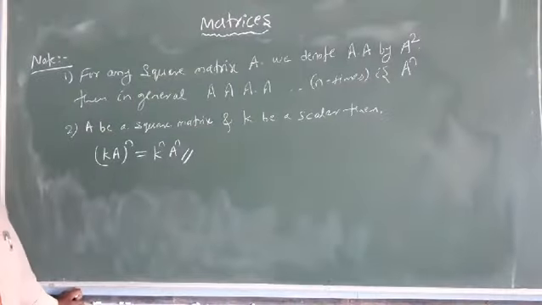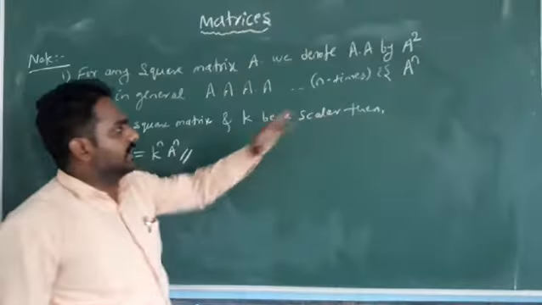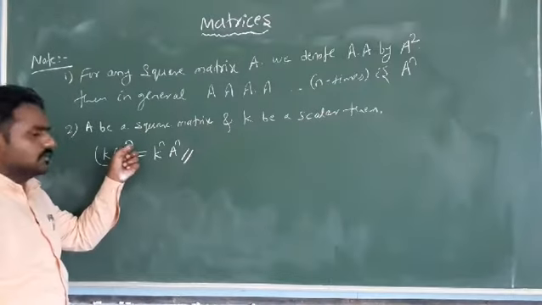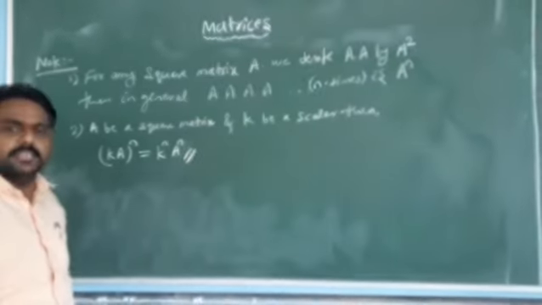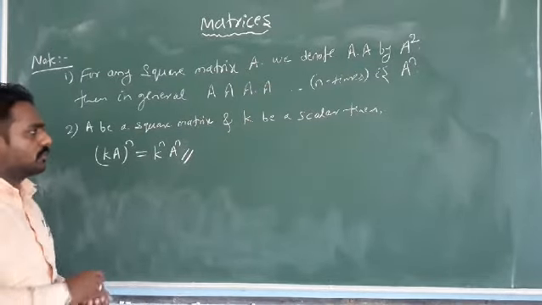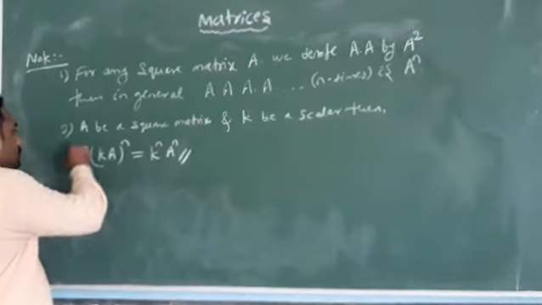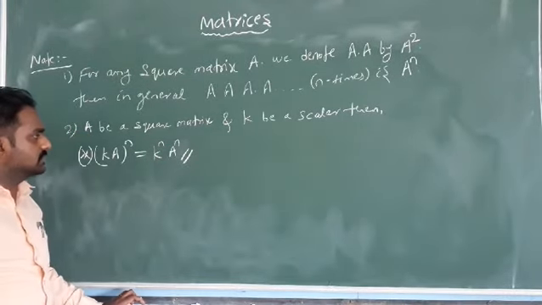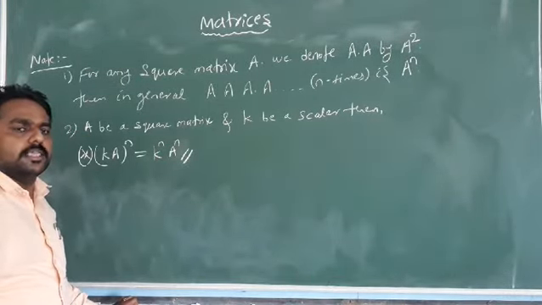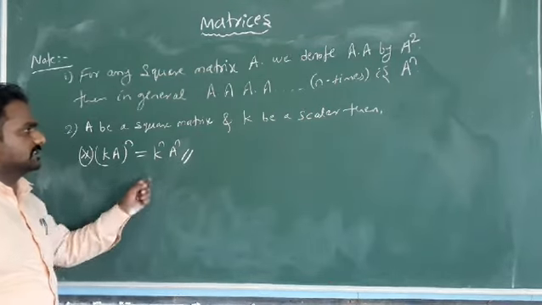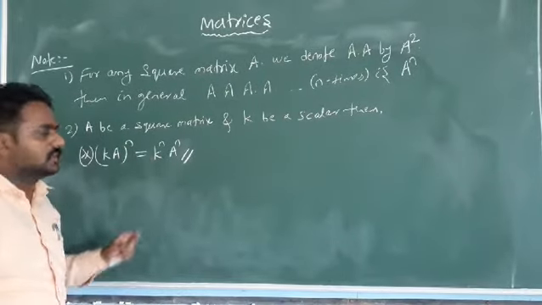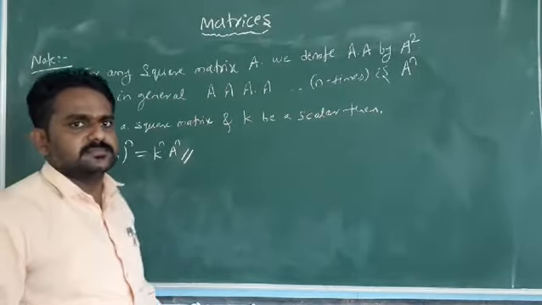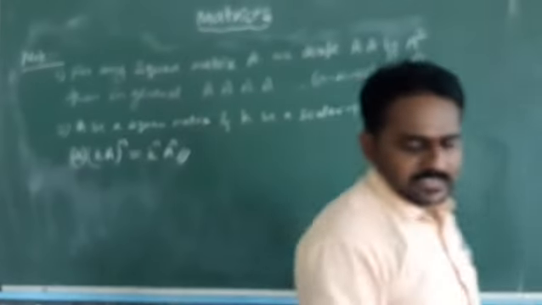This exists for the square matrix, students. Let A be a square matrix and K be any scalar, then (KA)^n is equal to K^n into A^n. Okay, important thing. We can take any example, a square matrix, and take any scalar, negative or positive, and raise some powers. Okay, we will get that exact value.